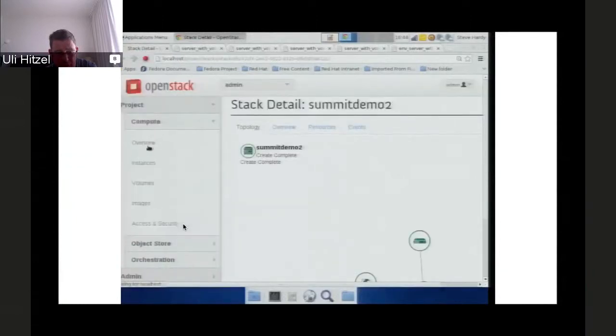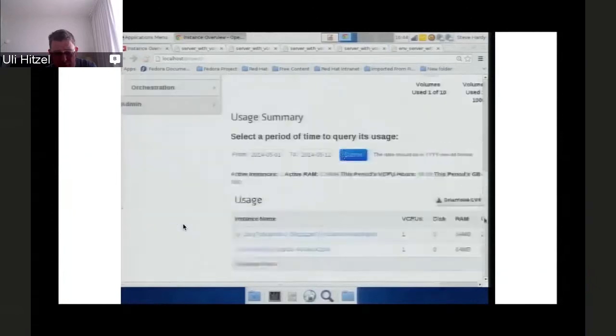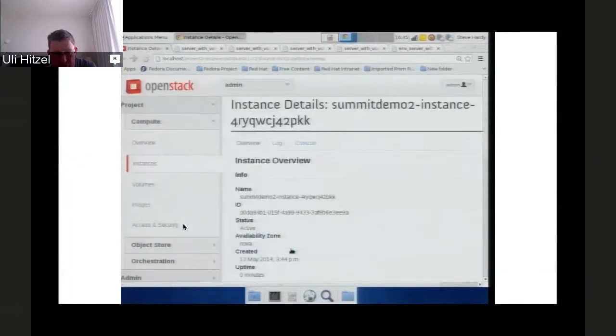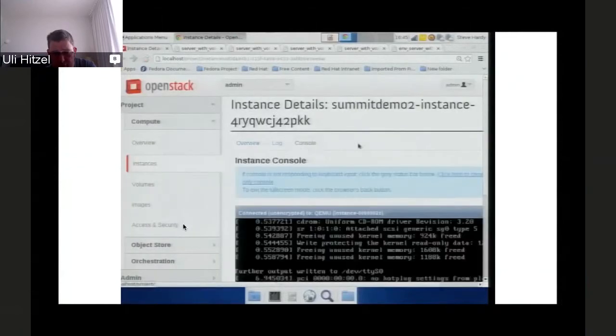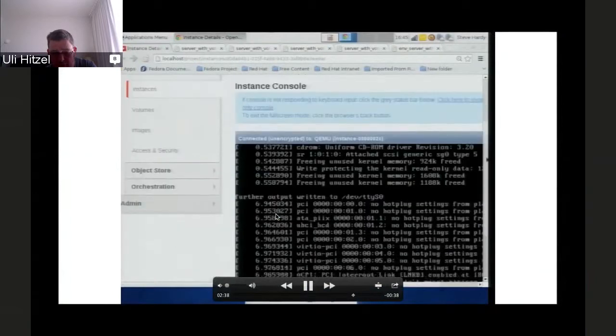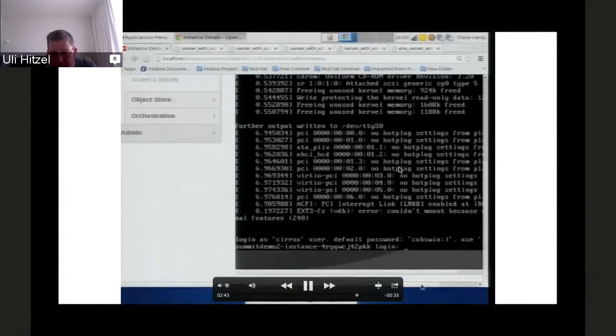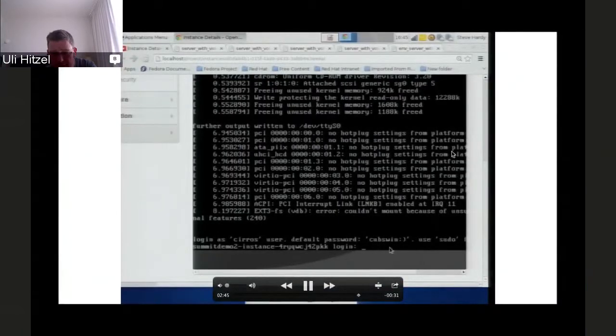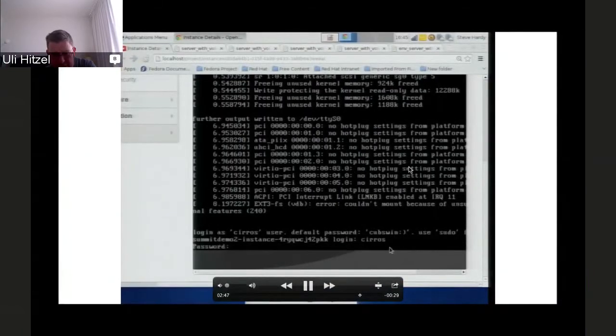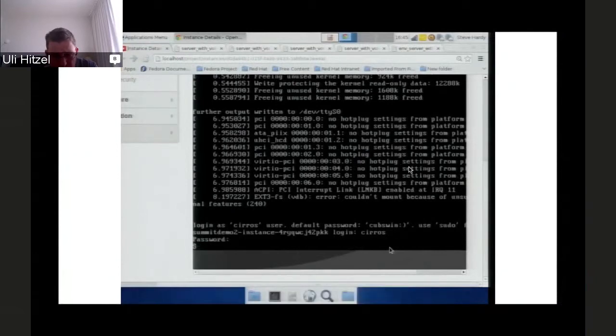And now when we go back to the Horizon dashboard and look at the instances, I'm sorry for the resolution, it's not perfect. You see that you actually have an instance provisioned. Now, what we've done is that this template has also attached the volume, and once we log in and become root,